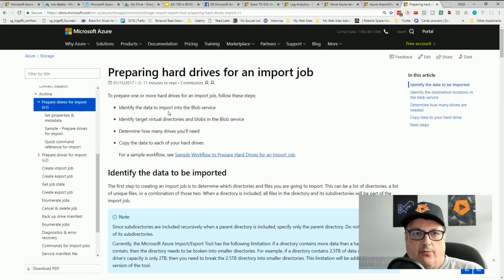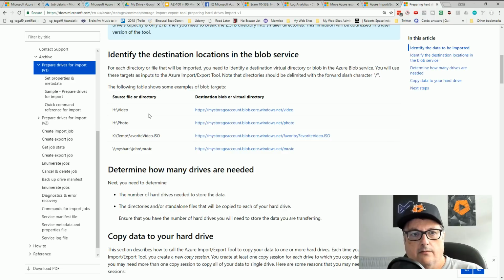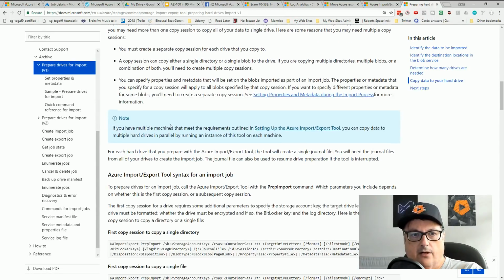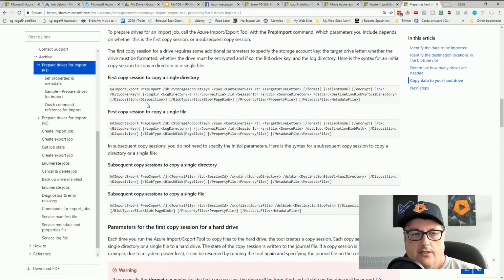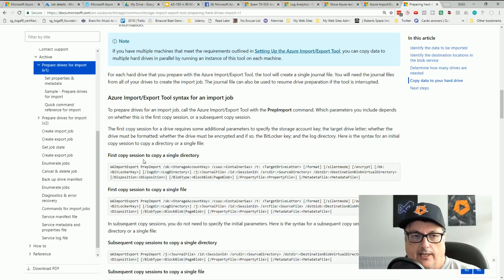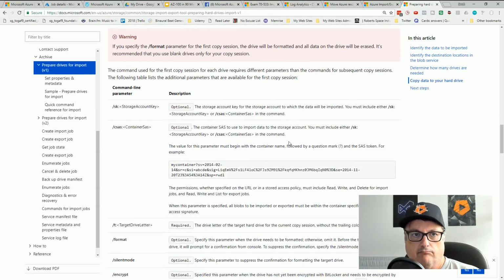Identify the data import to blob service. Copy data to your hard drive. So basically, you're preparing your content locally in order to run it as an import-export session.